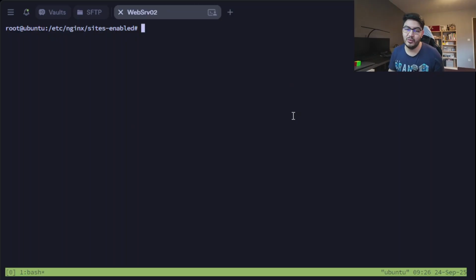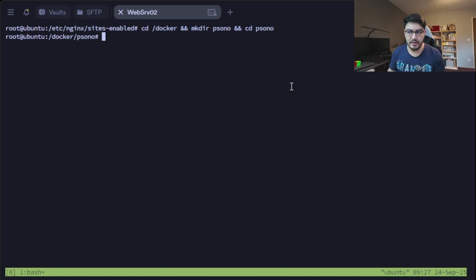And with that done, we can start with the configuration of our Docker container. For that, let's change into my Docker directory. I like to keep my stuff organized. That's why I have a Docker directory, and in there I'm going to make a new directory called Psono, and then let's change into this directory. In here we're going to create a file called